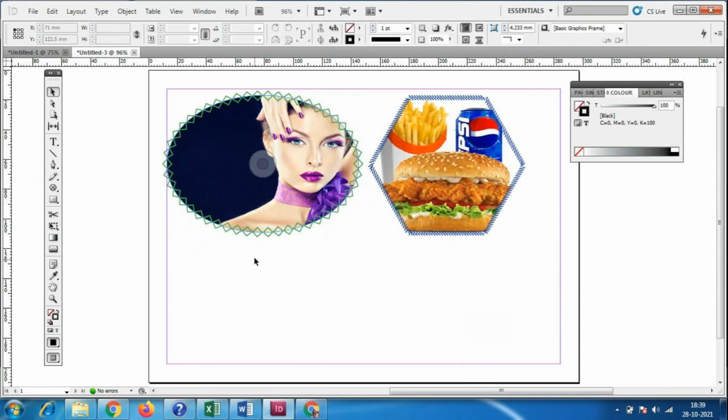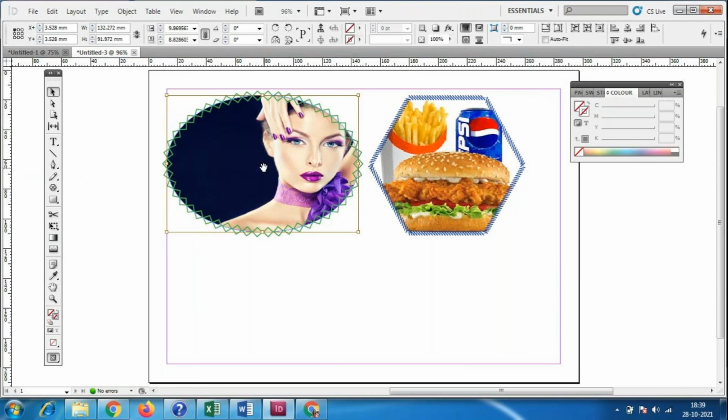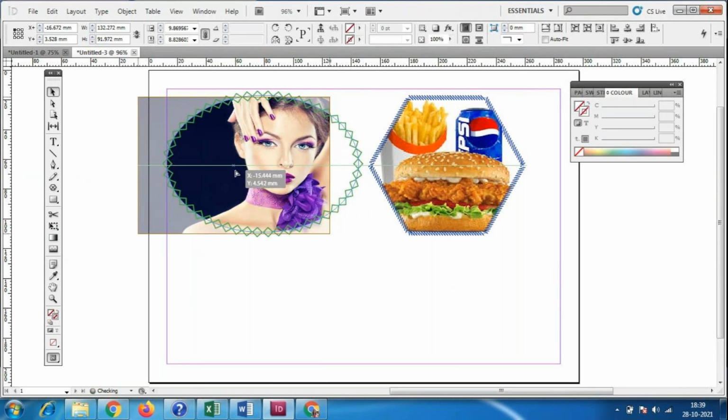Sometimes I want to zoom only her face here. I don't want the full image, the neck part and all, I want only the face. Otherwise I want to move her to the center of this oval shape. So I will select it like this, and I can move it like this.